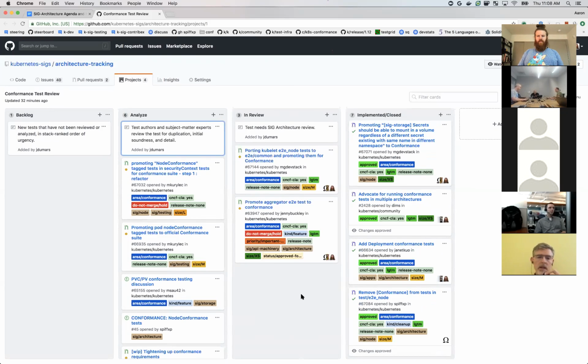So in terms of my own time in SIG Architecture, I am prioritizing conformance testing in general over things like API reviews. And that's a general topic I want to get to later. But